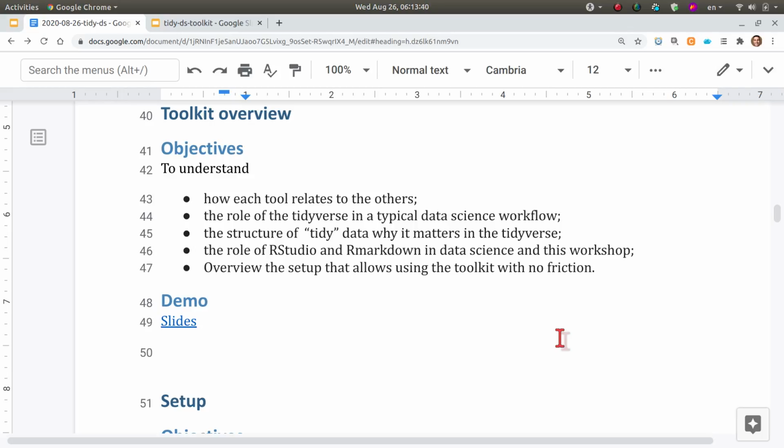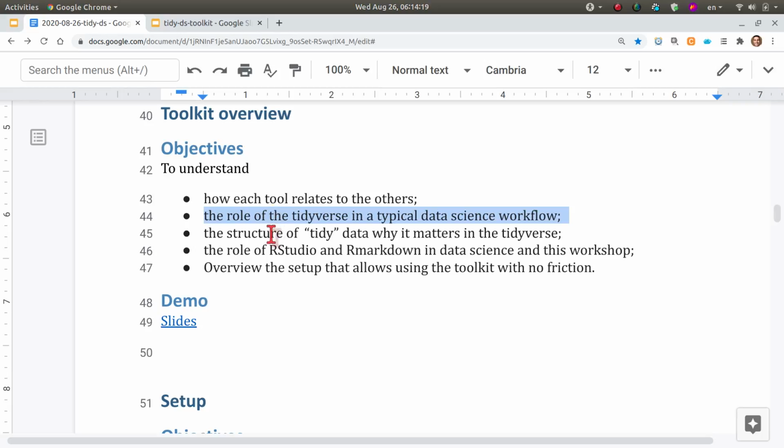When we taught with Jackson before, we realized how much we learned about things that we were doing every day, how much we learned when we had to articulate them in a formal way, and when we looked for slides and images that would capture those concepts in a more permanent way in our brains. So the objective of this first part is to understand how each tool relates to the others. Also to understand what this thing called the tidyverse is, that many of us already use every day, and many others have not heard about before.